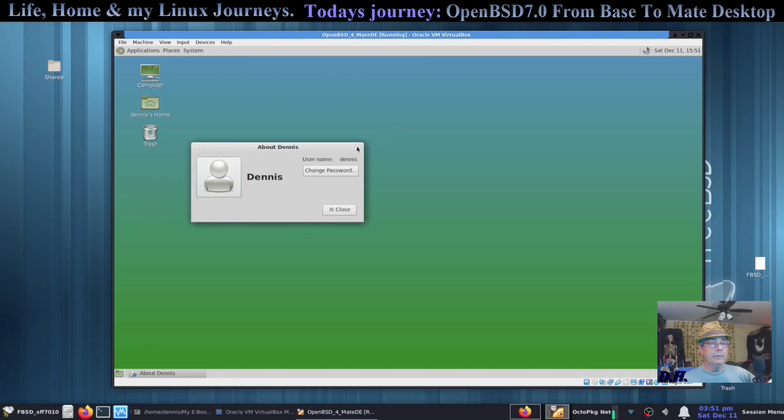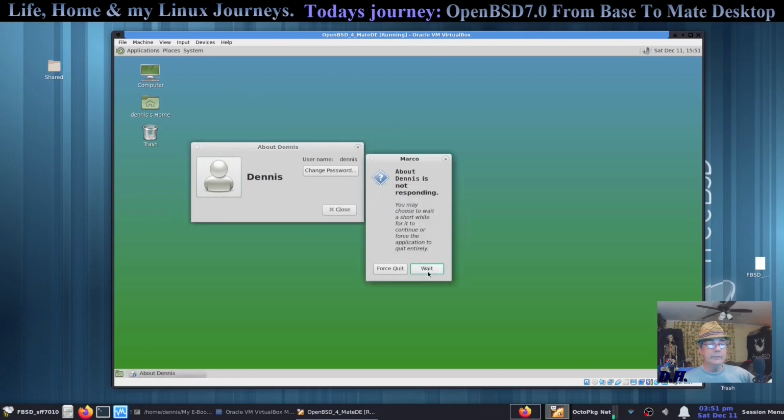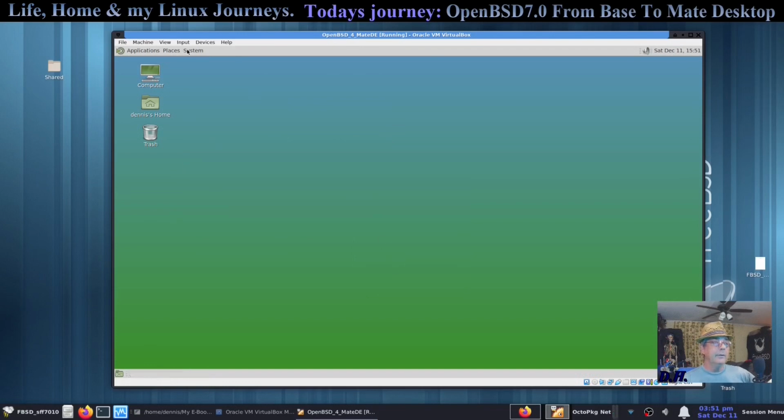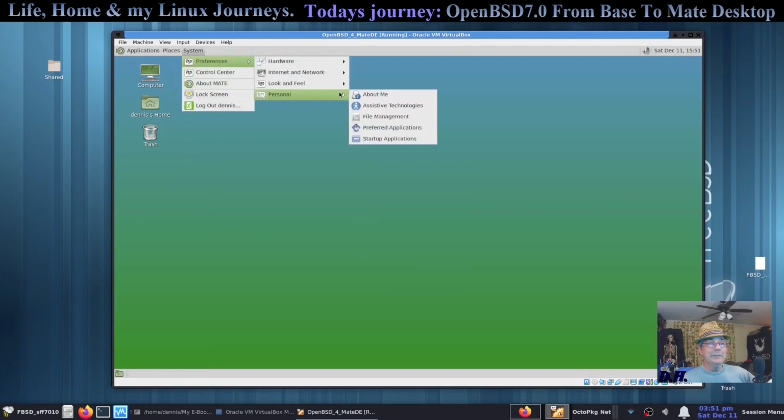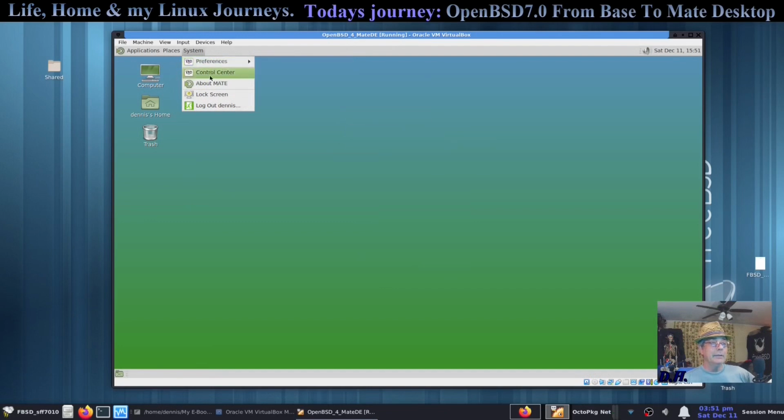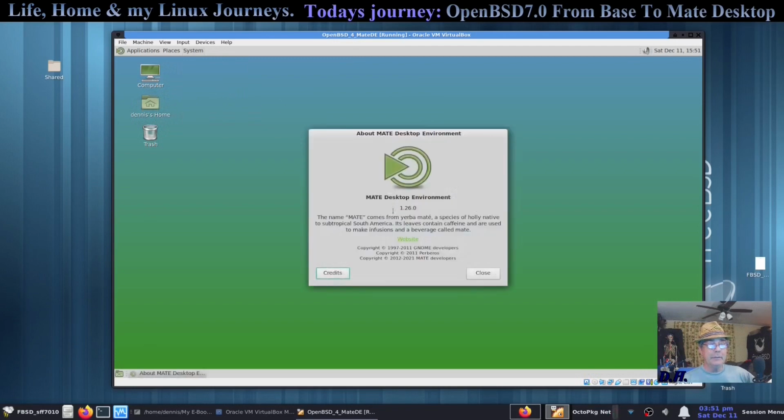Well, you want to close? Close, I say. Forced to quit. Let's see, where was that at? Under personal, about me, assistive technologies, file management, preferred applications, startup applications, the control center, which would be like a settings panel, about Mate, lock screen, bring up the open about me, Mate desktop environment 1.26,